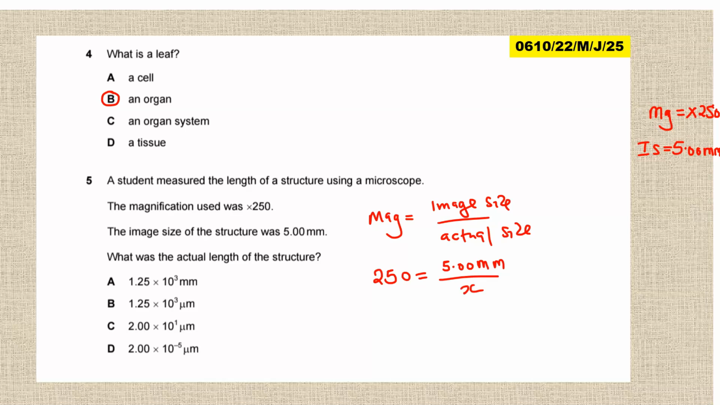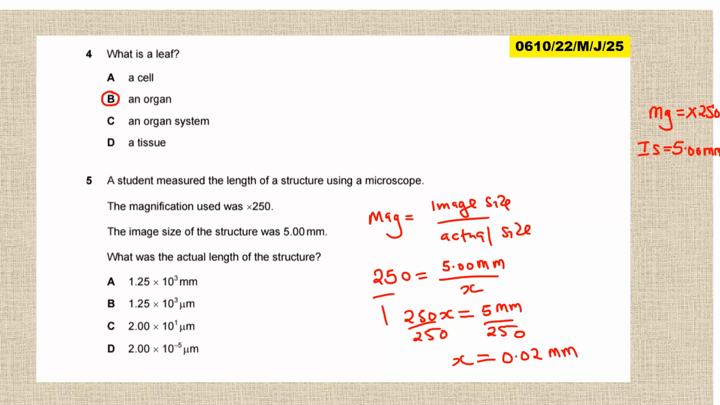Allow me to put x where there's actual size for easy working out. So here, crossing multiply, we are going to have 250x is equal to 5, which is just the same as 5.00, which is just the same as 5 millimeter. Then divide by 250 to find x. So x, if you divide 5 by 250, is going to give us 0.02